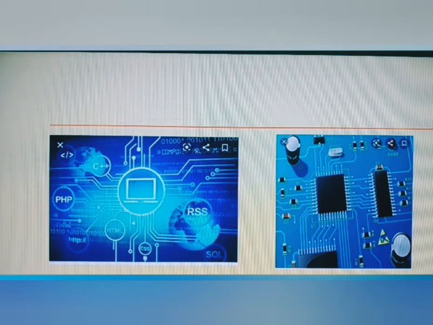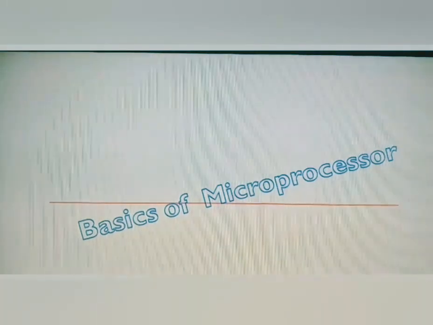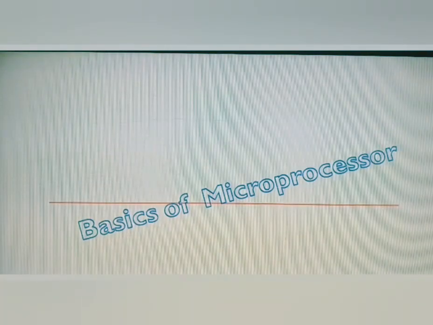Yes, next we can move on to the next topic. It is basics of microprocessor. Now we are moving to the next topic. It is about your microprocessor. So you people know which is the major component in the computer. Which is the major component of a computer? Otherwise you can tell, which is the brain of the computer? Which is going to perform all the tasks for you? Yes, CPU is the brain of the computer and CPU is the major component which performs all tasks for you.